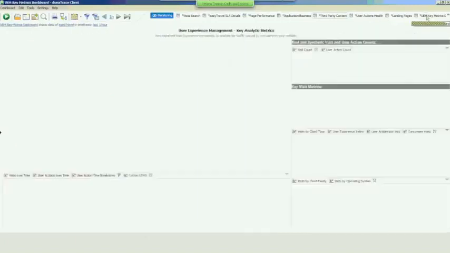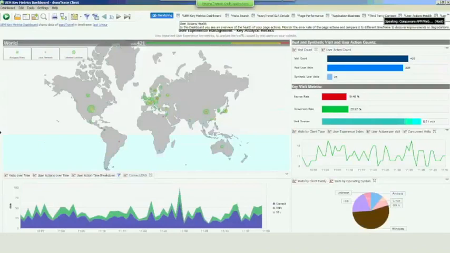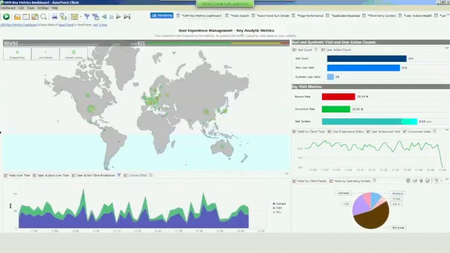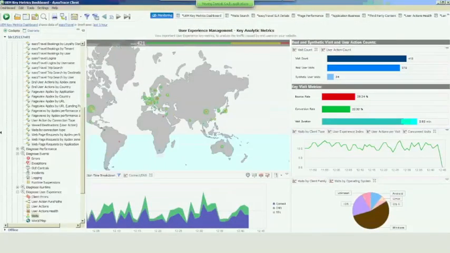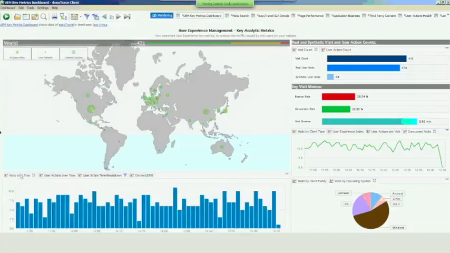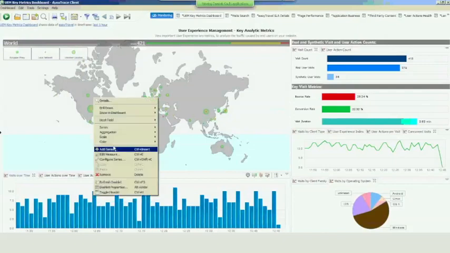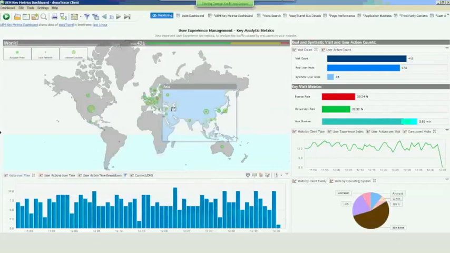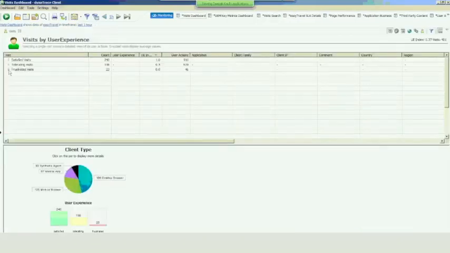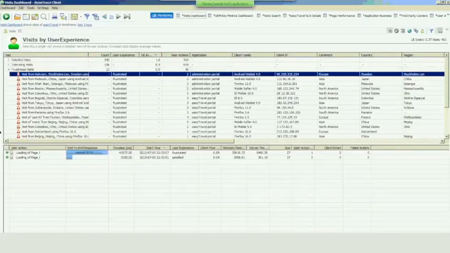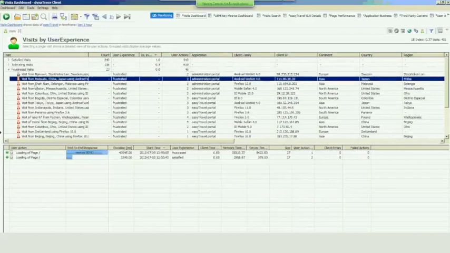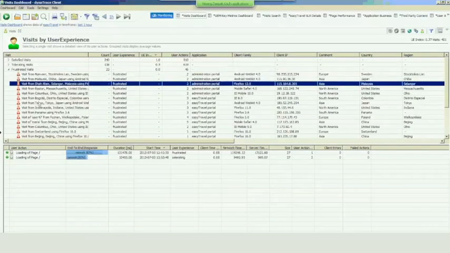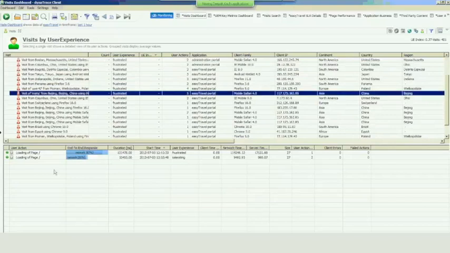So all these are very critical for you to see in real time all your visits which are happening in your system, visits over time, how many visits have happened, and look at what visits have happened during this time, and then even go down to those visits which happened during those 10 minutes and look at each one of them, what the user tried to do at that point.